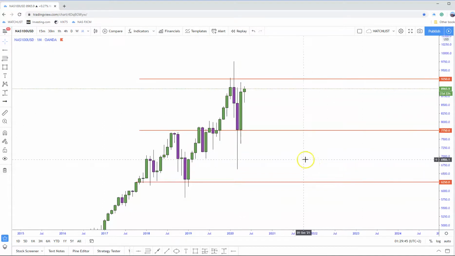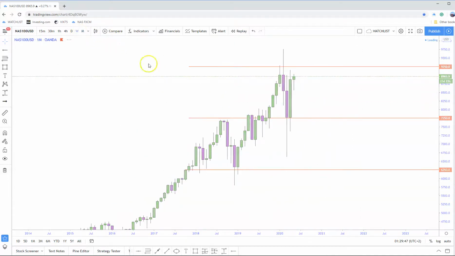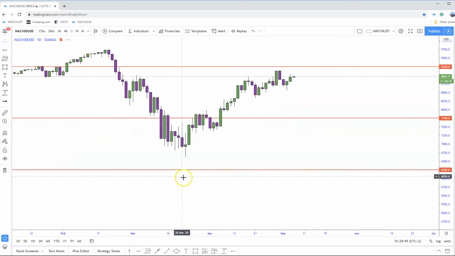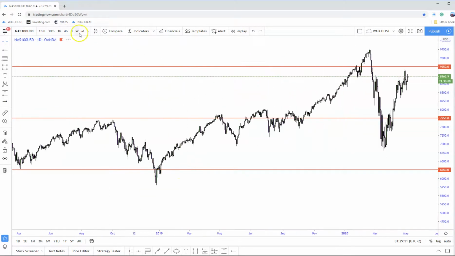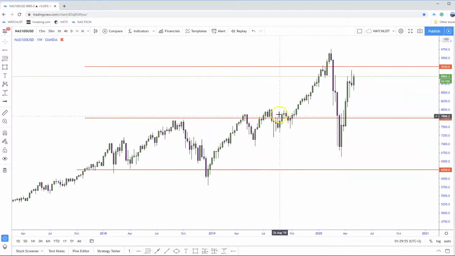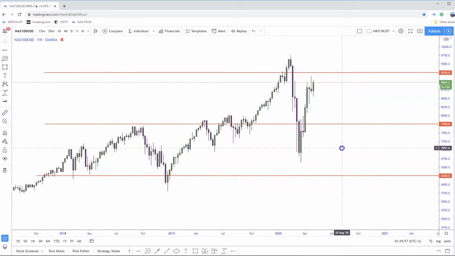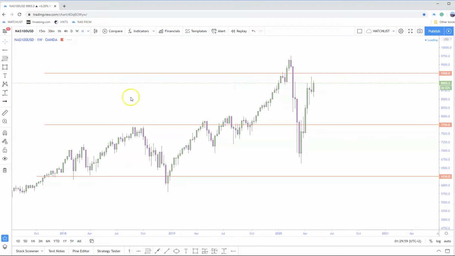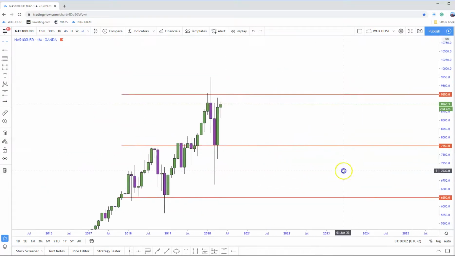So with these three levels drawn so far, you can just step down to the weekly or the daily, and you can actually see how price respected these levels while following market structure. So you take it one step further. Once you have your monthly marked up,